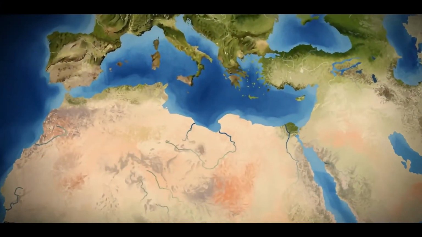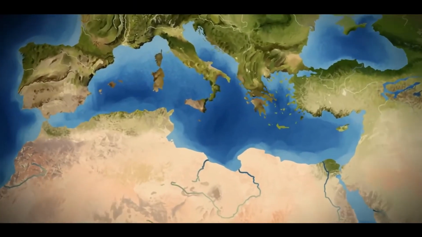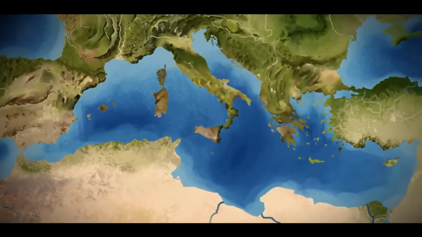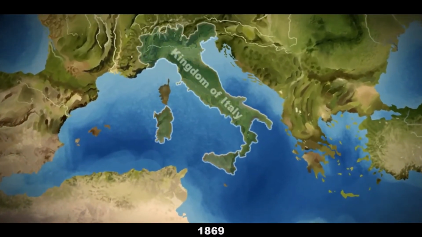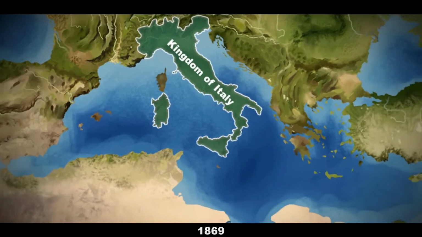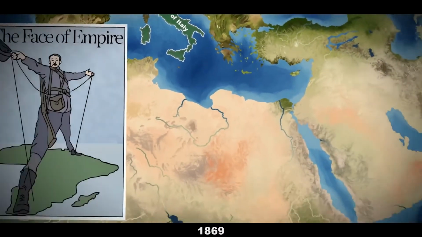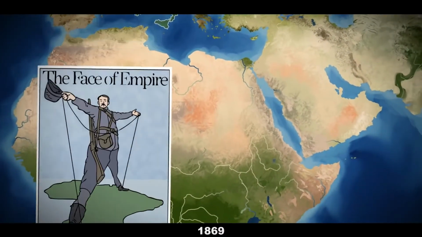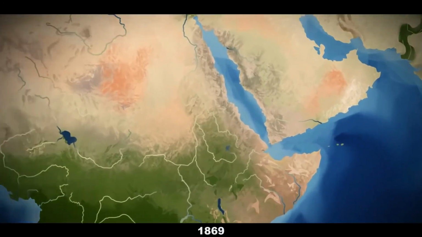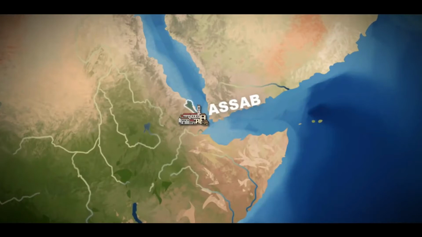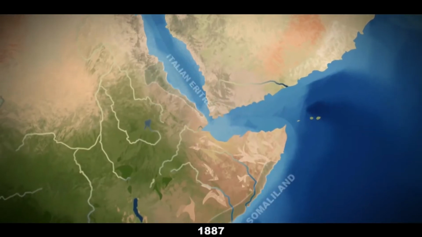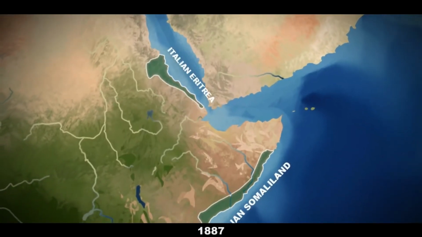Before we start analyzing this defeat, let's get some background on the cause of the invasion. In 1869, not long after Italy was unified into one kingdom, the Italians, who felt that they were falling behind in the scramble for Africa, purchased a small port on the Red Sea from the local Eritreans, and began expanding outwards. In approximately 20 years, they controlled a significant portion of East Africa, and as this was occurring, the nearby